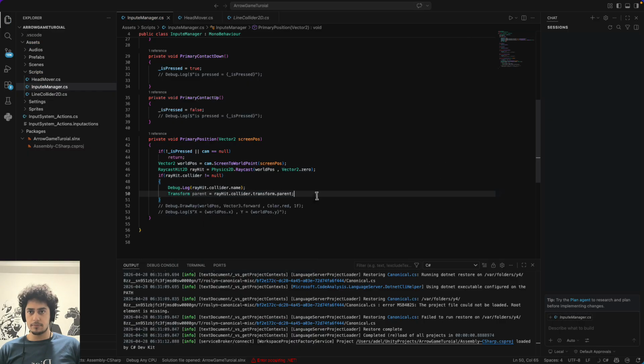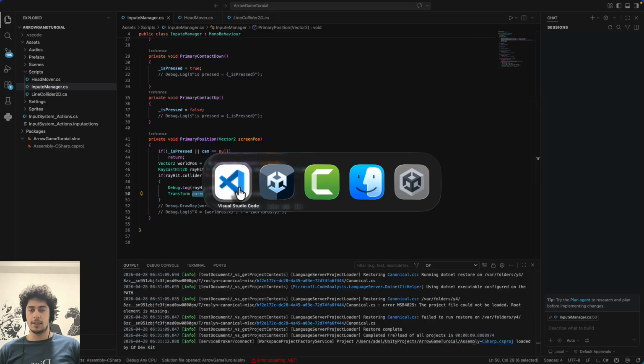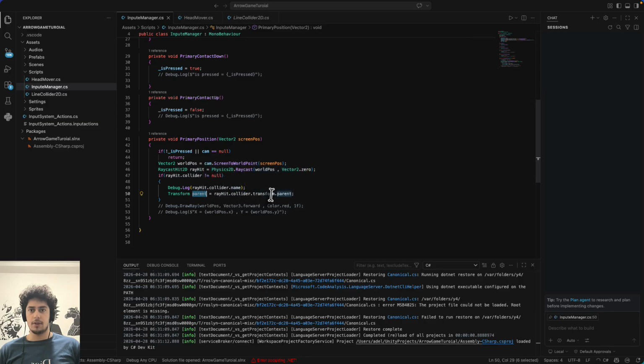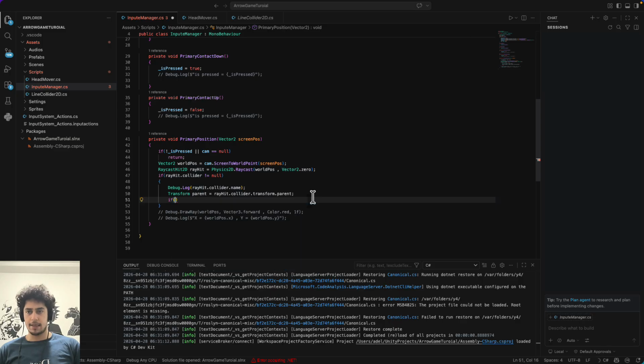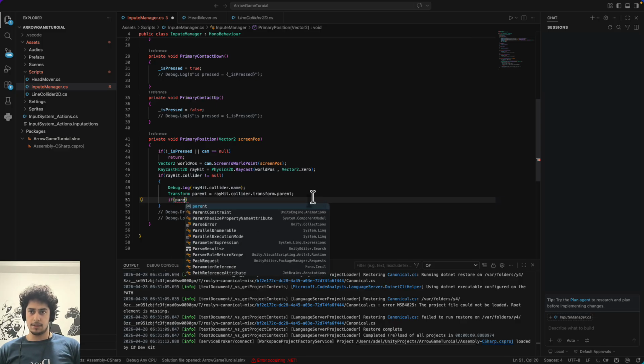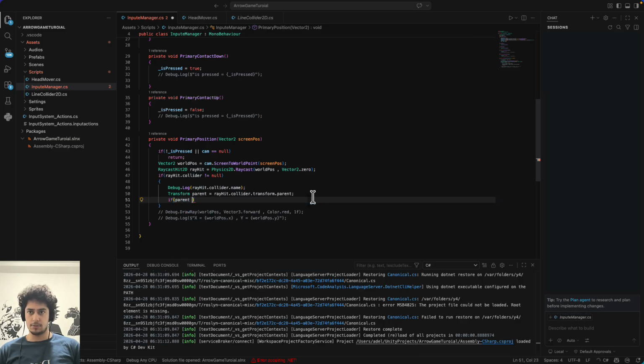Now what it actually does, it goes to the game object that we clicked and finds the transform and finds the parent of that and passes that parent transform here, and I can come here and say if parent is equal to null, for example, just return,